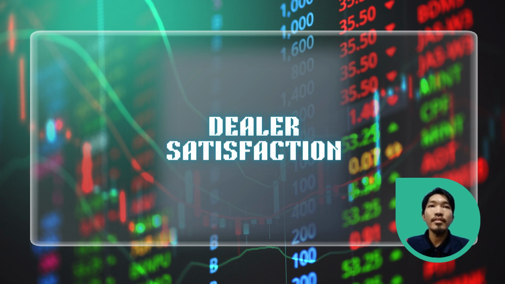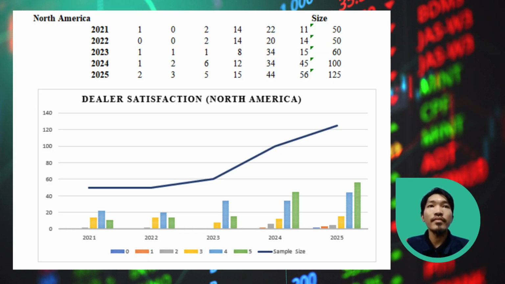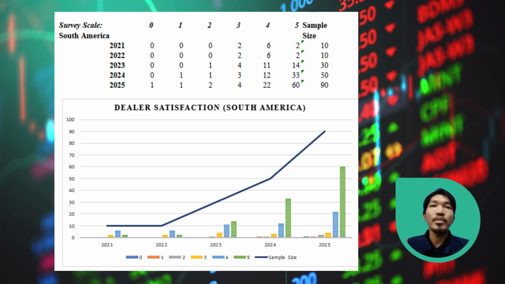The dealer satisfaction survey measures how satisfied dealers are across different regions from 2021 to 2025. Starting with North America, dealer satisfaction showed continuous improvement throughout the 5 years. By 2025, the highest satisfaction reached scale 5, indicating that dealers were very satisfied with the company's product and service. For South America, we observe a similar positive trend. Dealer satisfaction gradually increased over the years, and in 2025, the survey also reached the highest rating of scale 5,